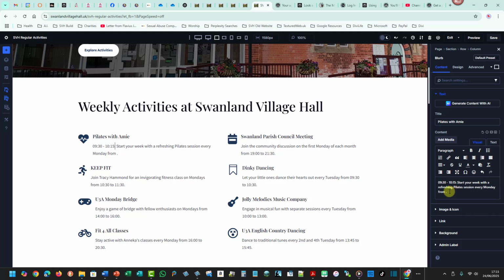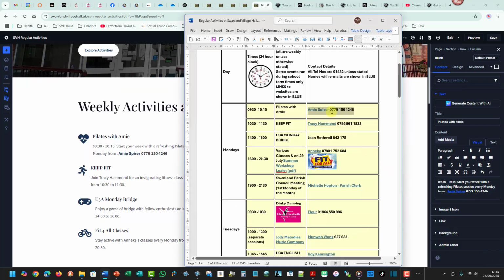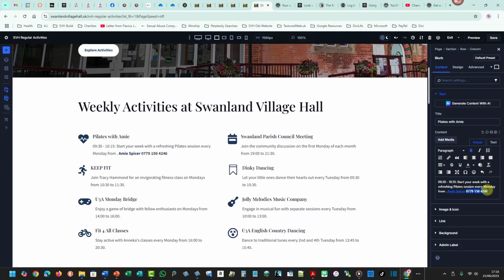So put a space in there. I'm going to do Control V, because that is a link inside Microsoft Word, and as I paste that in, it's remembered that link. It needs to turn that into a telephone link, but we'll do that later on. So we've now got Pilates with Amy, then a time, then a start your week, and then so I think